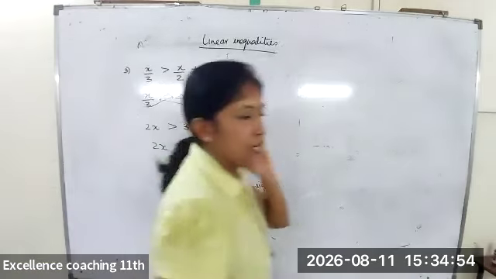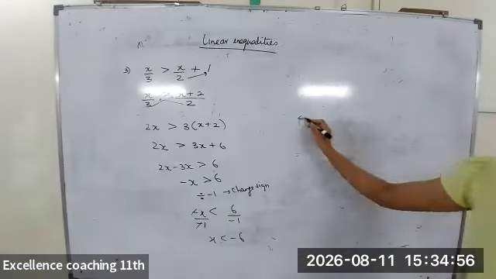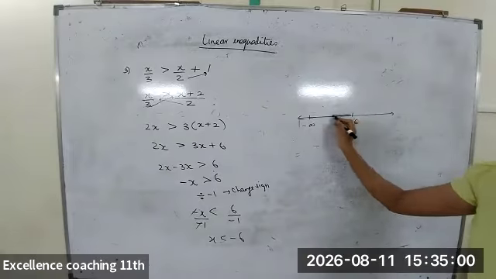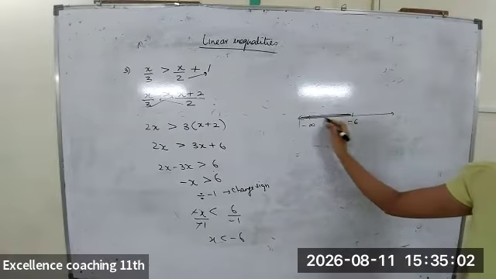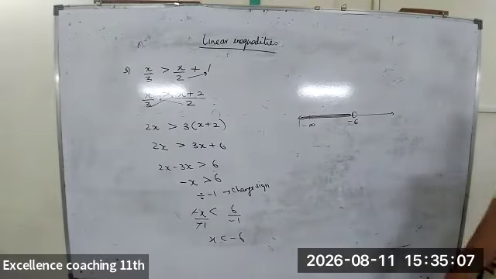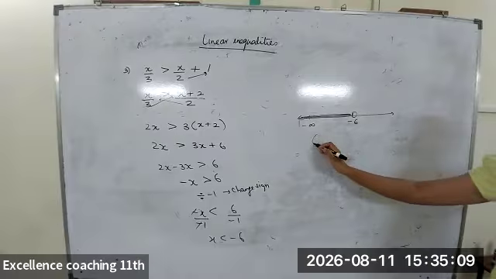Now put it on the number line. Less means this side you have to go. Is there an equal to sign? No. So leave an open sign. So answer will be